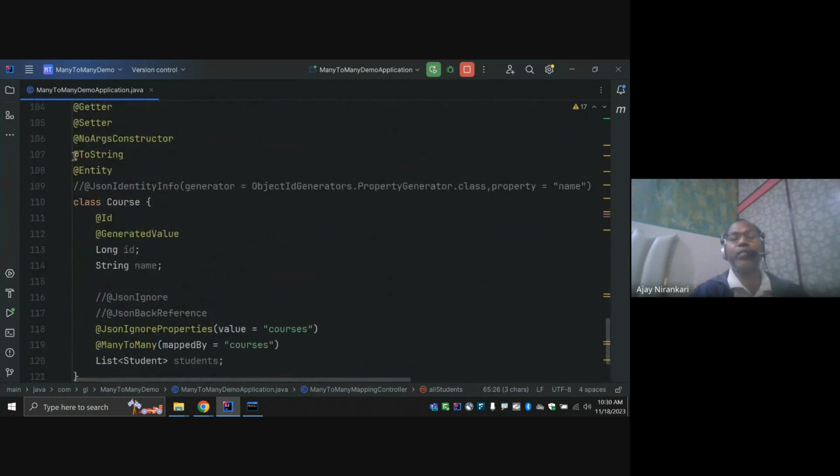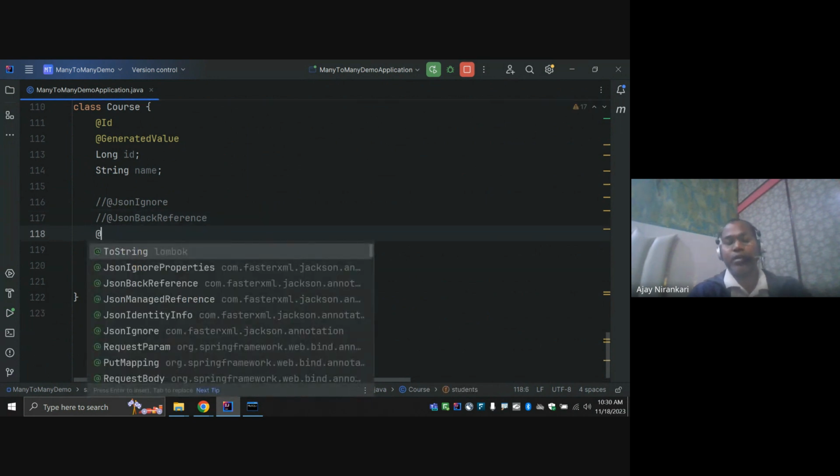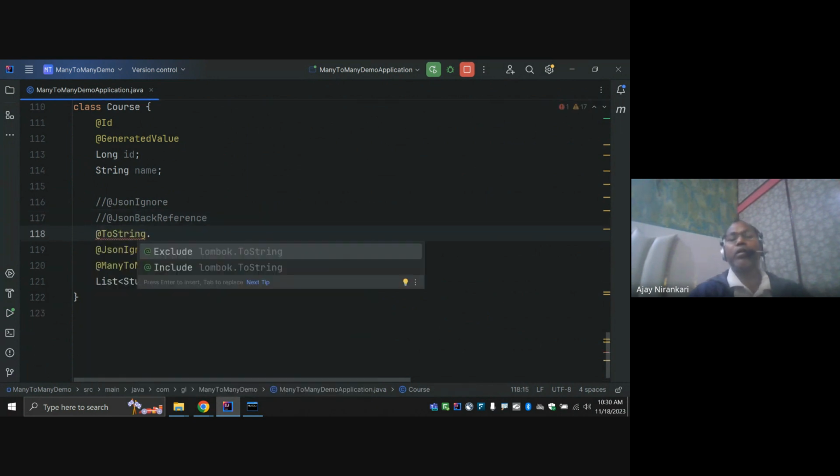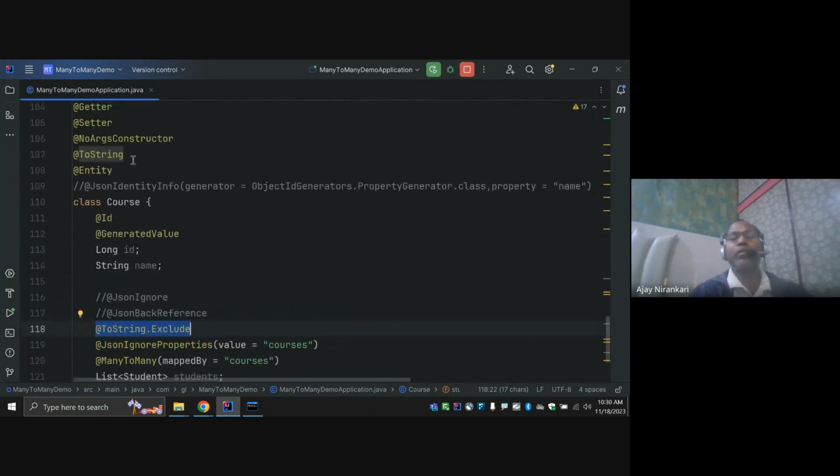Again, this is the problem with only toString. So here Lombok has one more option. For this field, I want to exclude it. So here say @ToString.Exclude. Just select exclude, right? Just mention this so that Lombok breaks the circular dependency for the toString method,